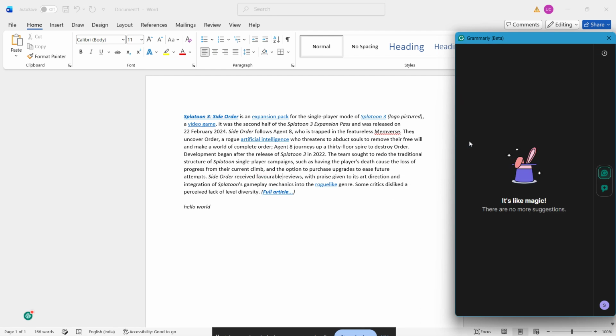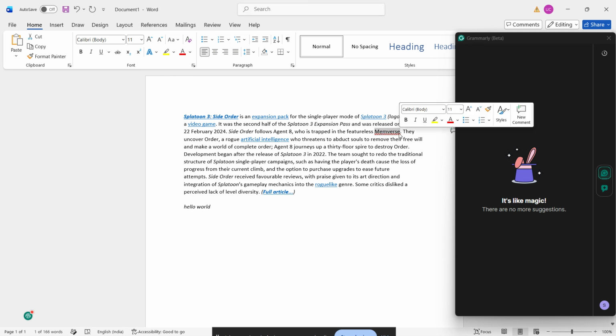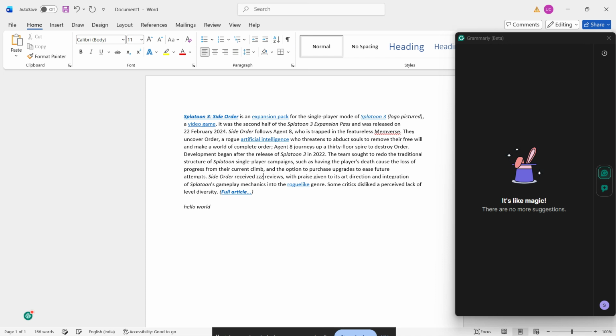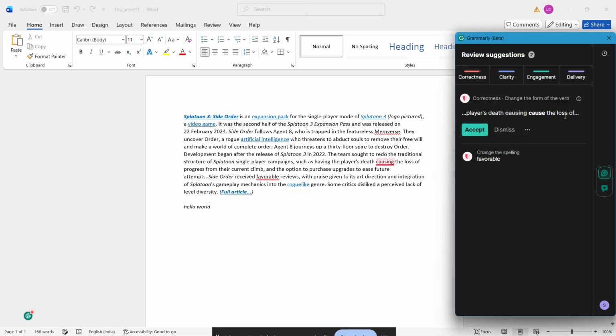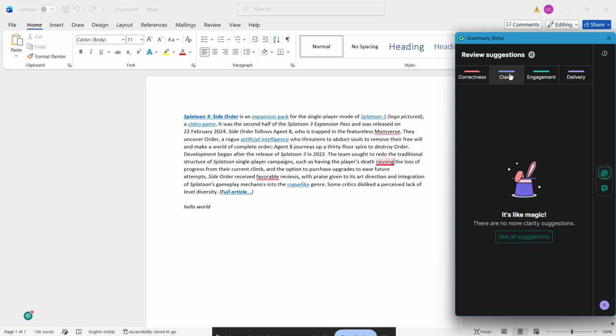Instead of manually checking every sentence, you can quickly accept suggested fixes with a click. If a suggestion looks right, apply it. If you want to keep your original wording, you can ignore it. That flexibility makes it easy to write naturally while still polishing your document as you go. It is especially helpful for emails, essays, proposals, reports, and any other document where you want to sound more professional